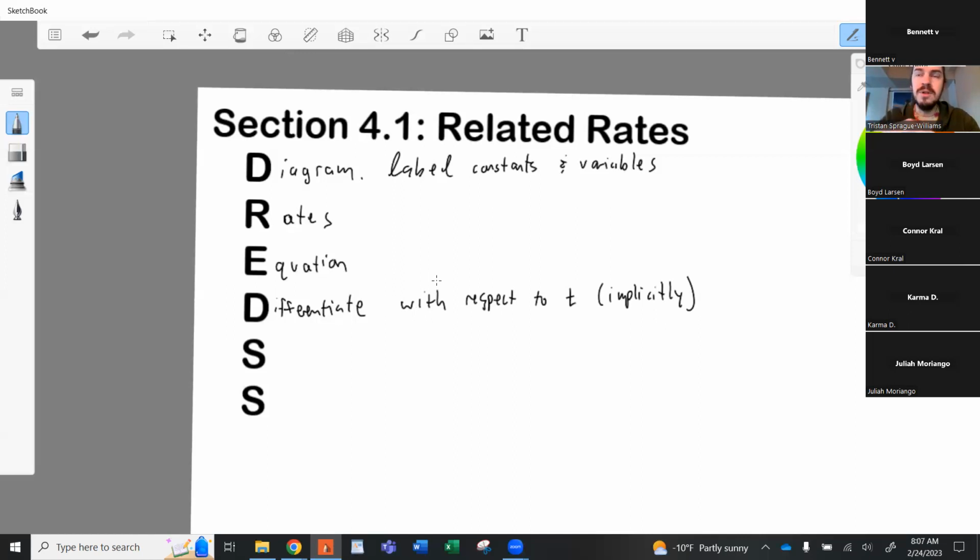It's about other variables, but all of them are thought of as functions of time, like independent, separate functions of time. So then what we do is we substitute in any specific values we're given, and then we solve for the desired rate. Okay, so